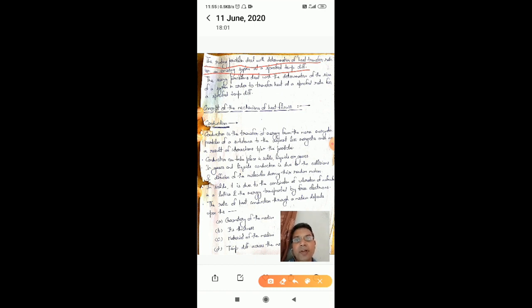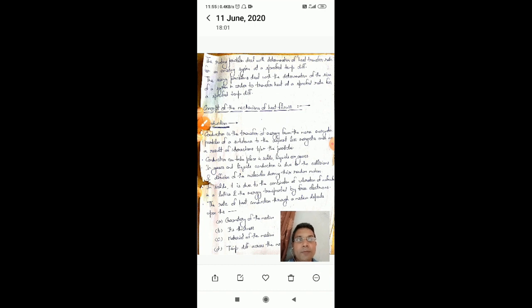For example, take the refrigerator coil, which is situated at the back. Here the coil is fixed. That means the size of the coil is fixed, and for this specified coil size you have to determine how much heat will be transferred for a given temperature difference. Specified temperature difference means, for a given temperature difference, what will be the rate of heat transfer.